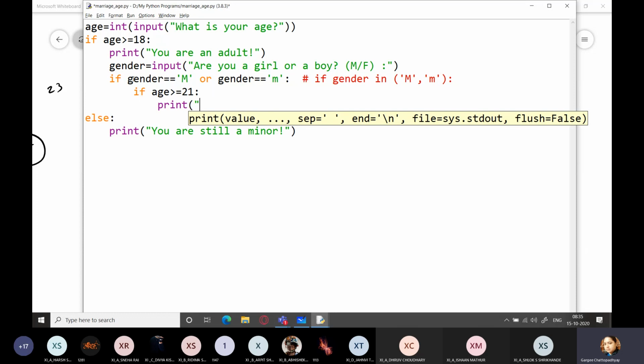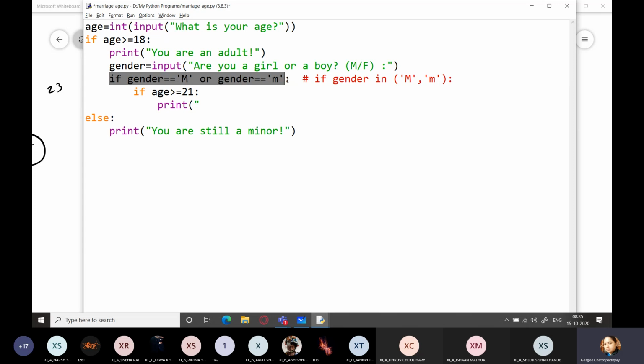Only if this condition is satisfied will the program control enter the inner if. Hence here we will print you are a age year old boy who is eligible for marriage.